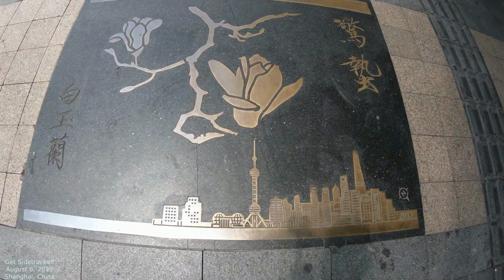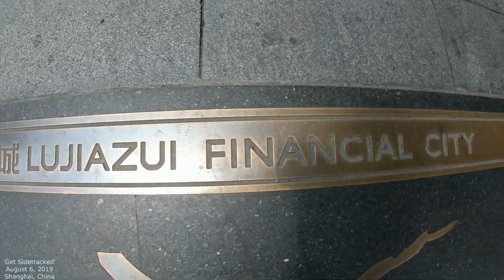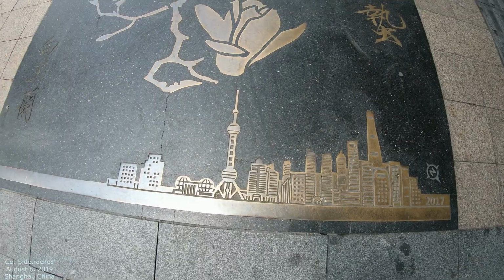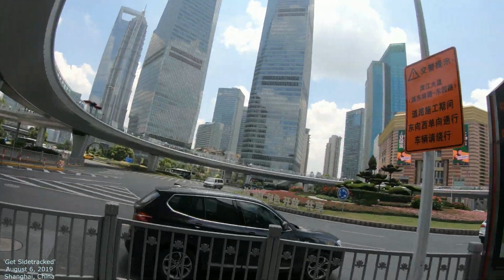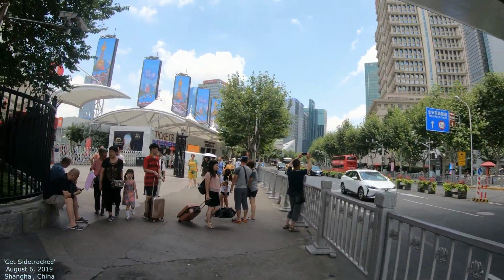Okay, so they're calling this the financial center, financial city. So this is basically this right here, that landmark, and all of this little ring. I got one of these rings in Macau too. It's kind of interesting. So what I'm going to do now is I'm just going to walk